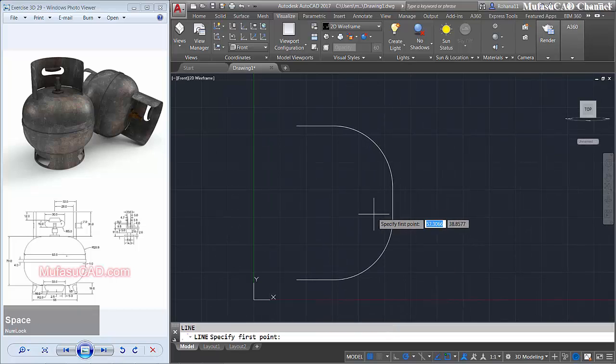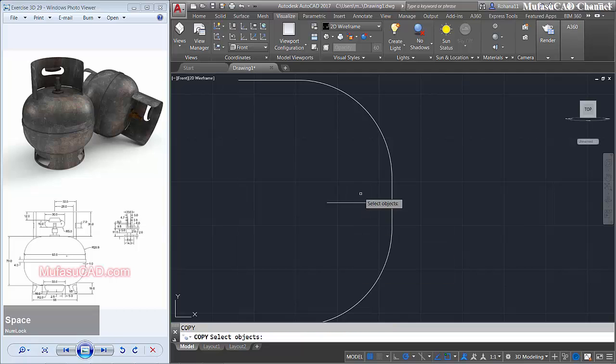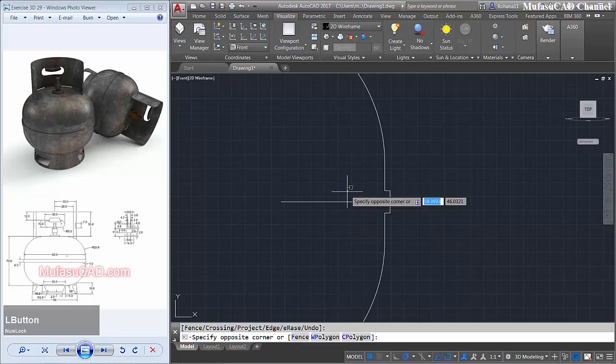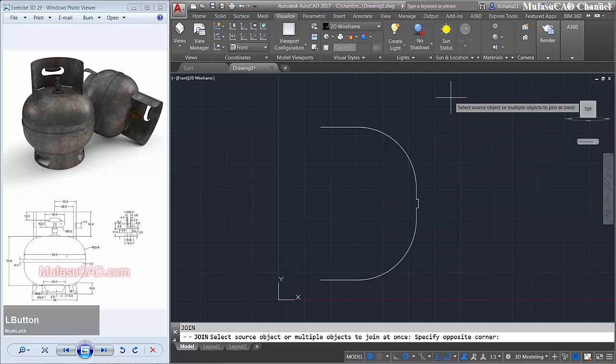We create a line, start from this middle point to the left here, move this line object to the right about 1, and I will copy this line object to the top 2 and bottom here 2. We create a line, start from this point to here, and use the trim command to cut this line object, and then this line object. Select this line and delete. Okay, I will join all these objects and change into polyline.